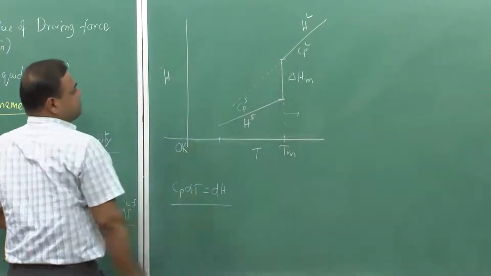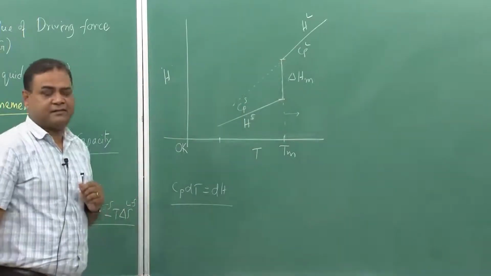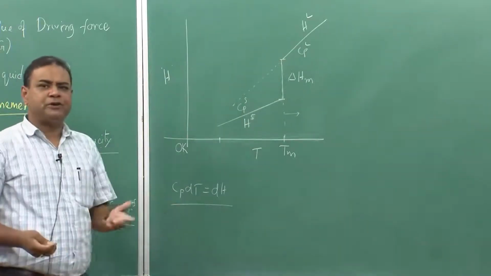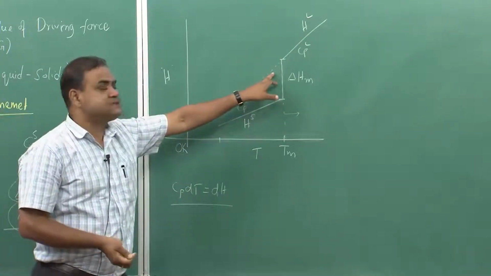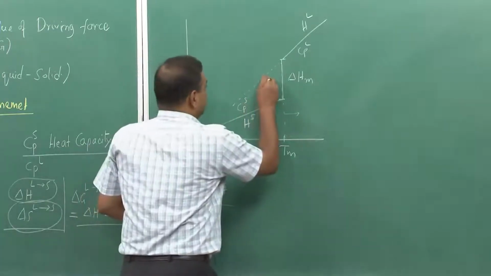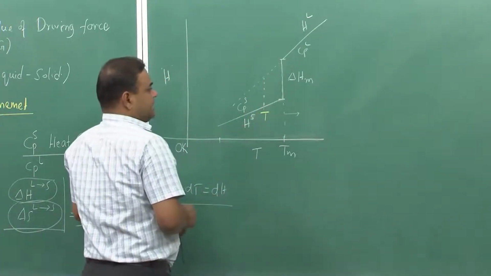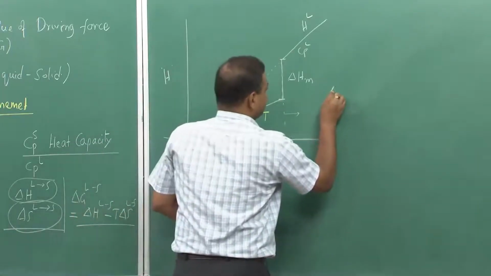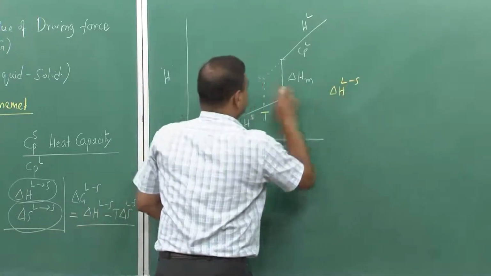Now, from this we can get Cp information, liquid, and this is Cp of solid. Now, if we extend this line, assuming that this is following this track, and somehow because of some mechanism, we can find out the experimental Cp, so then